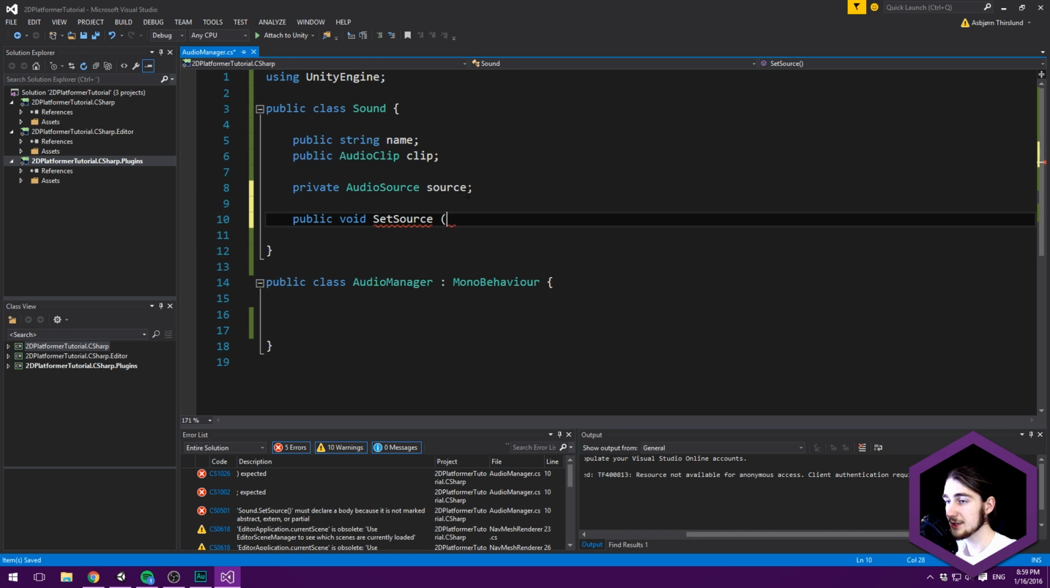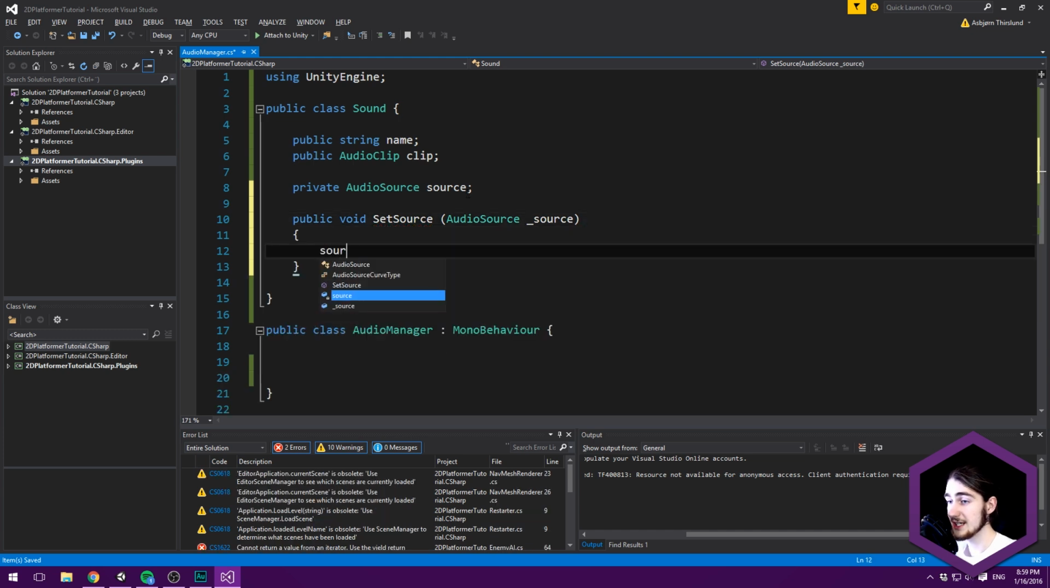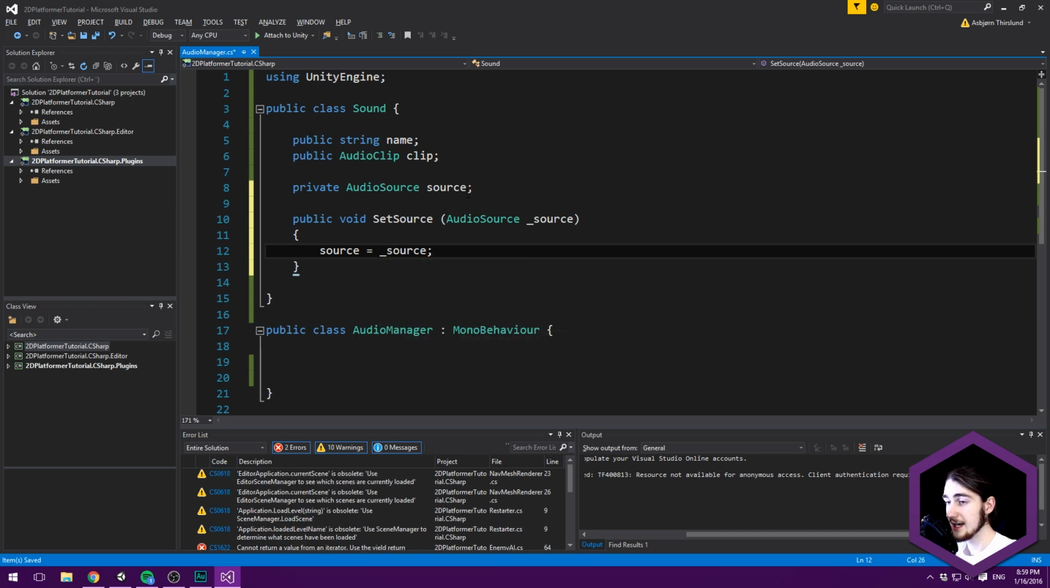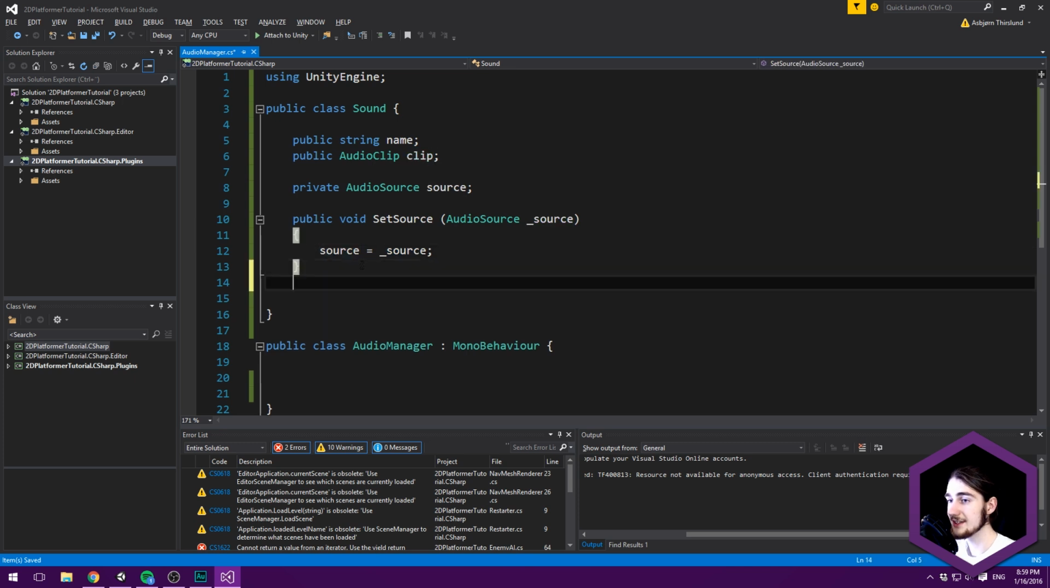And in here, we're going to feed it an audio source reference, _source. And the method is simply going to say that source equals _source. And I believe that's all we're going to do. Yeah, cool. So now that we have that in there, we can also go ahead and create this idea of